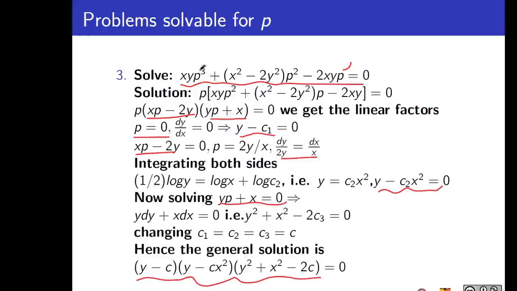Third problem is a cubic equation. Though it is a cubic equation, you see there is a p term in all the three terms. So what happens is you can take p outside and write it this way. So we have three factors. How to find the factors of the second part is simple. We know that this constitutes the sum and this constitutes the product along with this term.